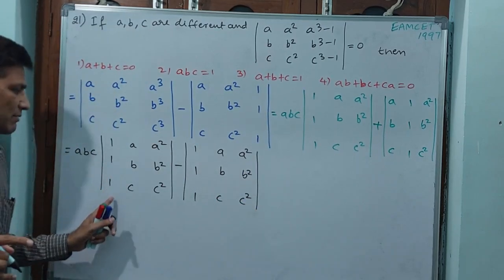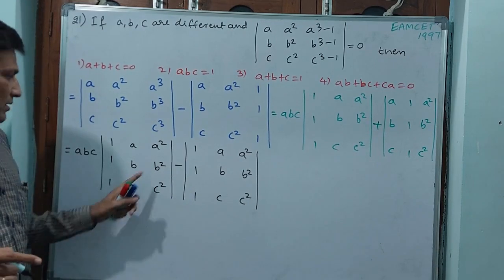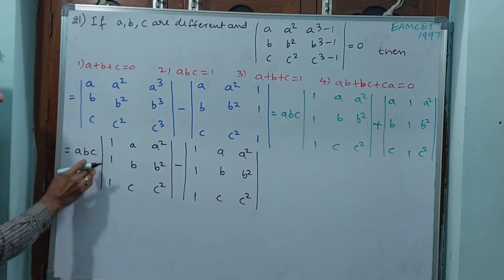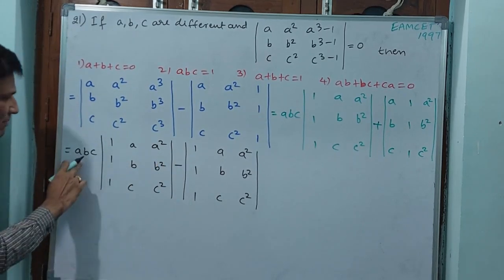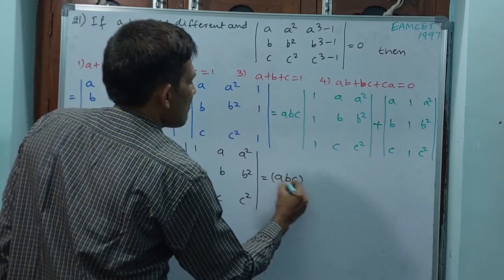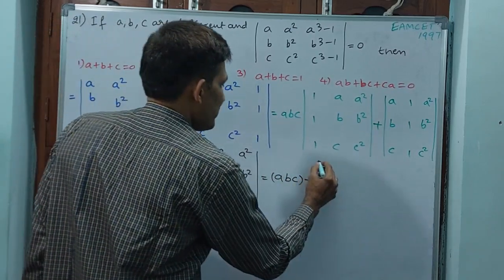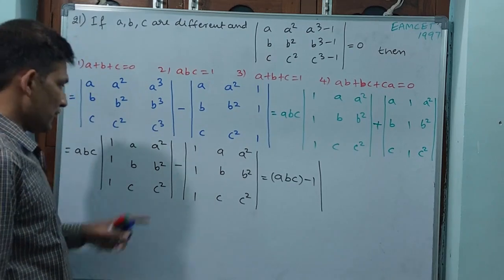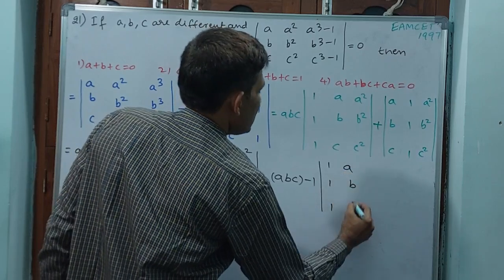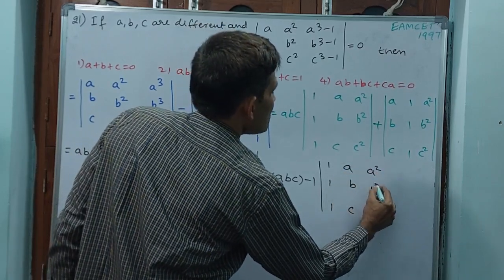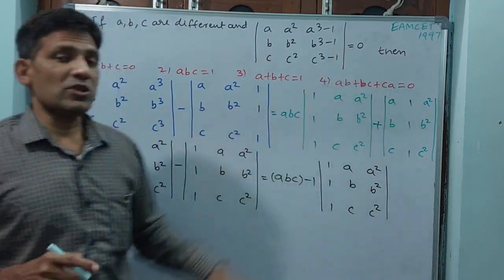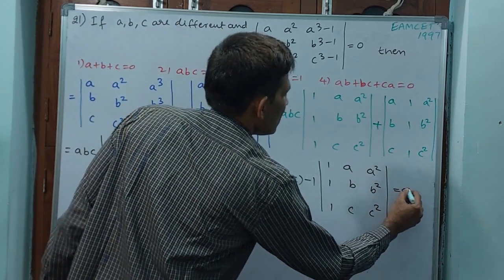Okay. Now exactly both determinants are the same. Minus is there, but both determinants are the same, only for this determinant the multiplication ABC is there. Now you take this determinant as common. ABC minus 1 will come, that's all. ABC minus 1 into this determinant: 1, 1, 1; A, B, C; A square, B square, C square. But observe carefully, this value is 0, they have given. Now you write 0. That is equal to 0.